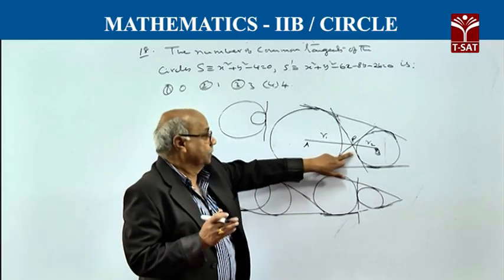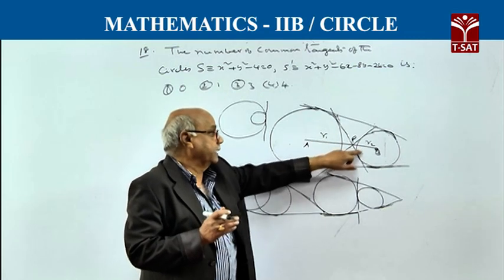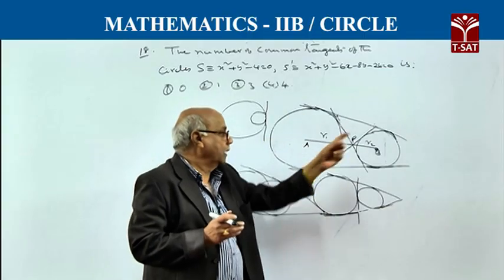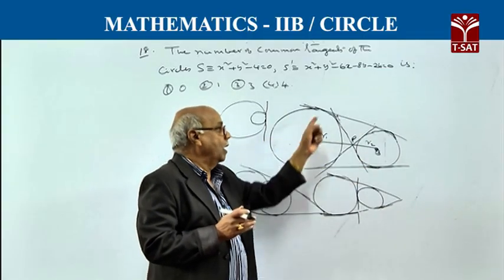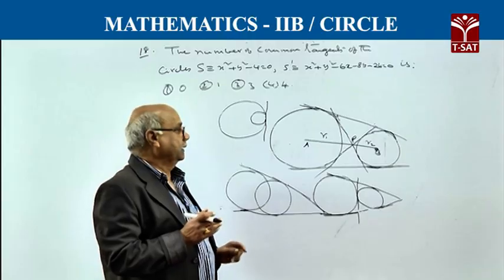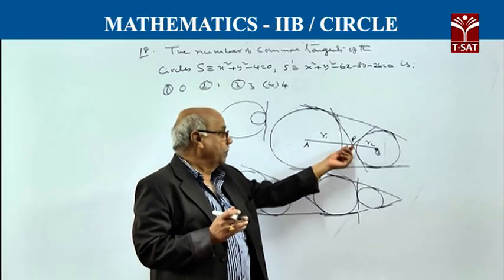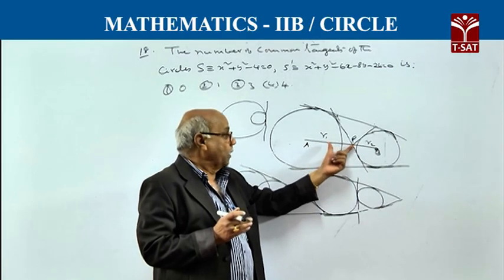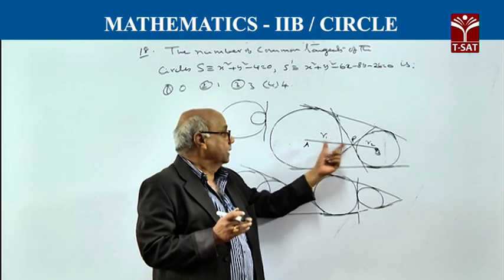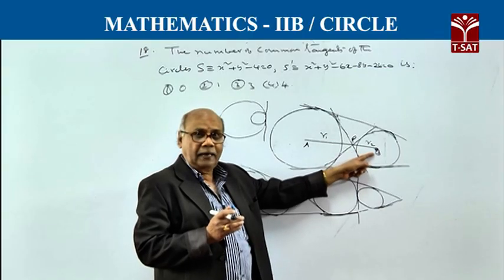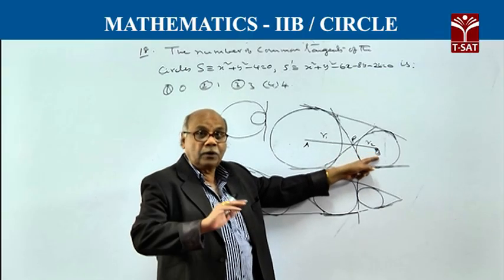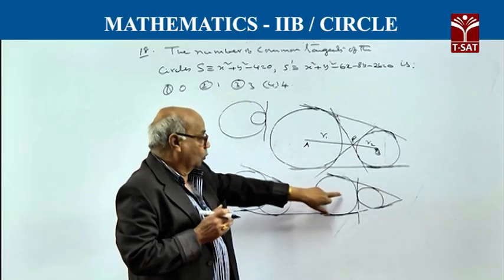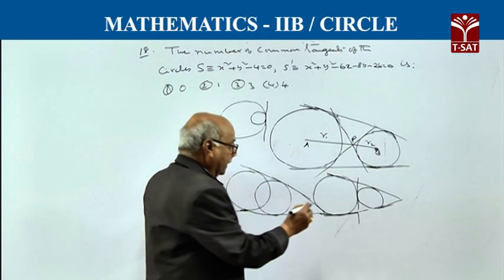This is the case. Here the two circles are not intersecting. In this case, there will be 4 common tangents. 2 are direct common tangents and 2 are the transverse common tangents. And please remember that the point of intersection of the transverse common tangents divides the line joining the centers in the ratio of their radii. Now, if the two circles touch each other externally,